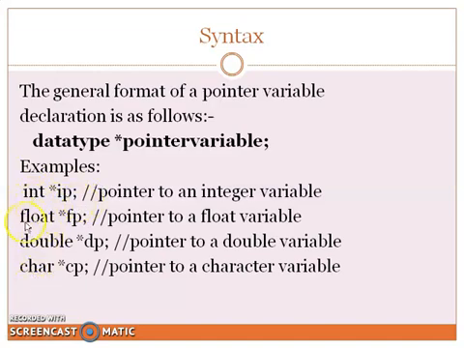Here we have declared 4 types of pointer variables. The first one is of type integer, the second one is floating point type, the next one is double, and the last one is the character type. Each varies in memory size. You know that each data type can occupy some memory bytes. So the memory size varies when we declare different data types. But a pointer variable is always referring to an integer value, that is nothing but an address value.